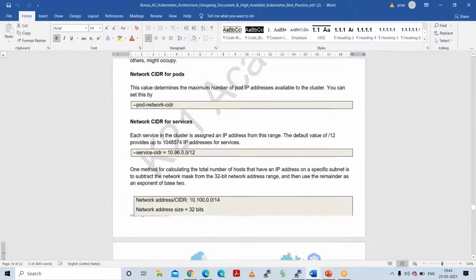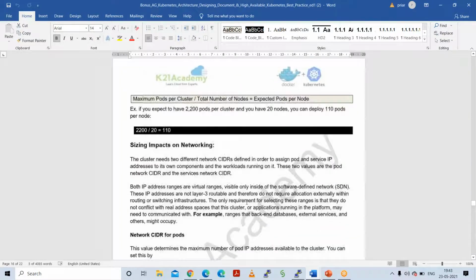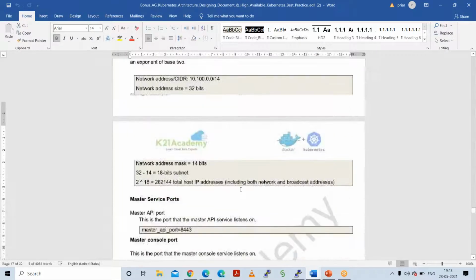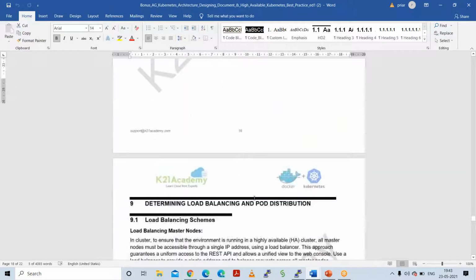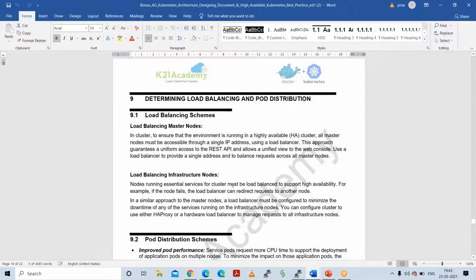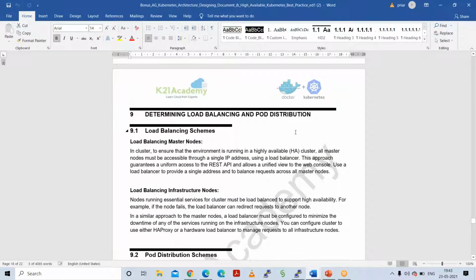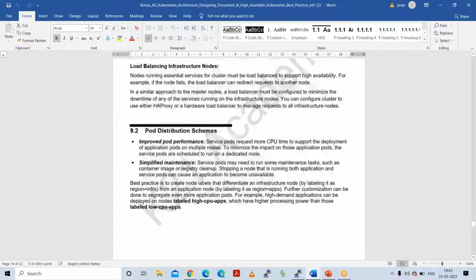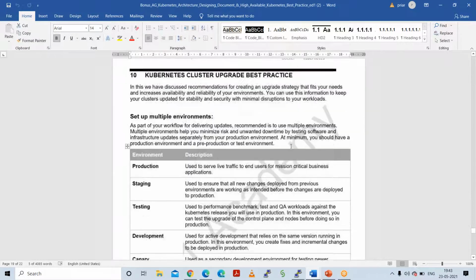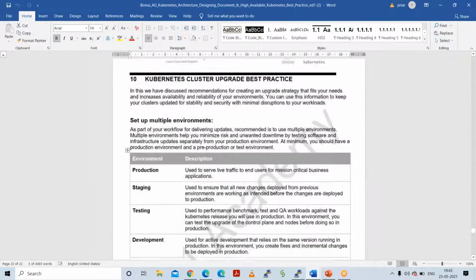This document, I think it will be uploaded very soon. I don't know whether it is uploaded or not, but it will definitely be uploaded if it is not there. Then it is very essential to find out the load balancing and pod distribution scheme as well. So we'll be discussing this, but before that, let me just